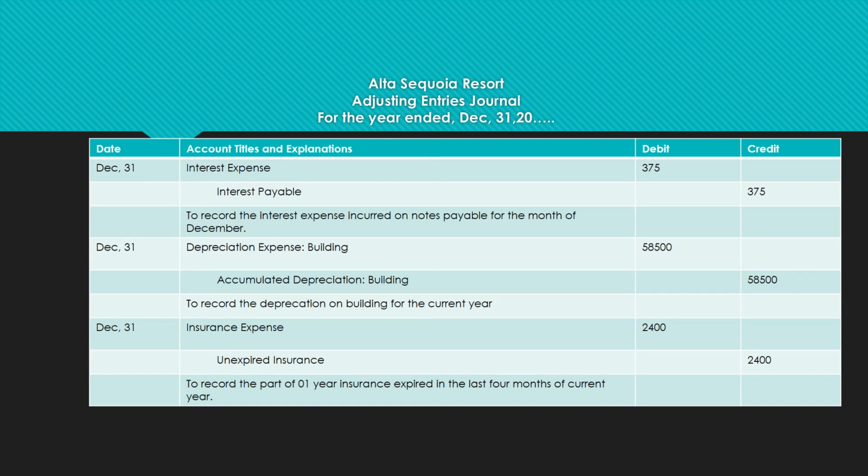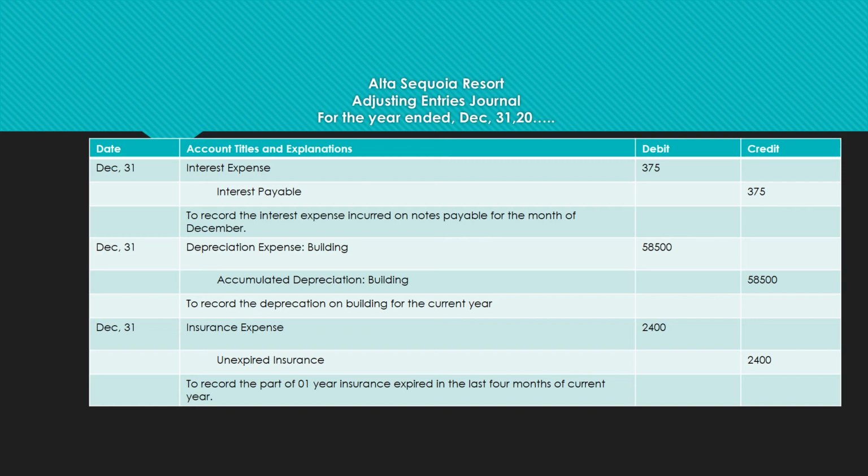So 15% of 30,000 will be 4,500. But they have borrowed the loan on December 1. Now they are passing adjusting entries on 31st December. It means 1 month interest is incurred. So company is supposed to record that 1 month expense into books of accounts. So 1 year expense is 4,500. So how can we find out 1 month interest? Simply dividing 1 year interest 4,500 divided by 12. So 1 month interest will be